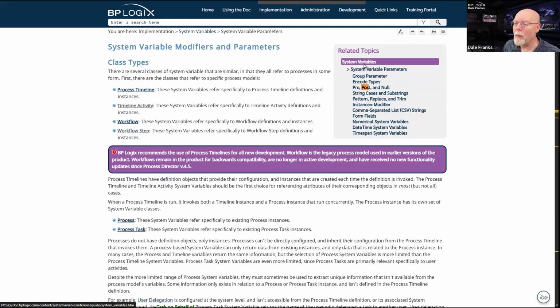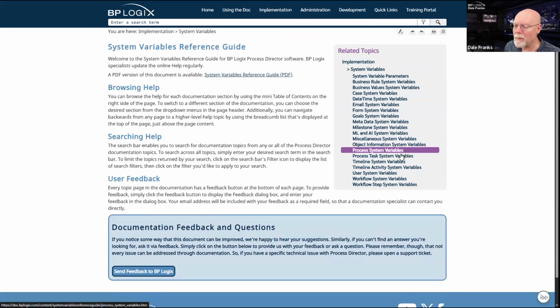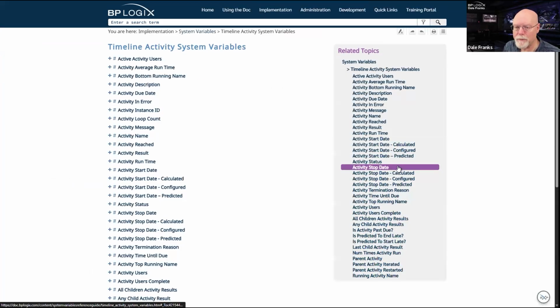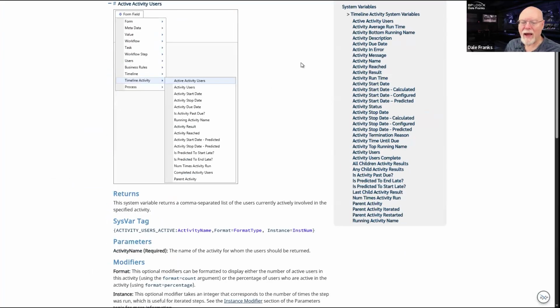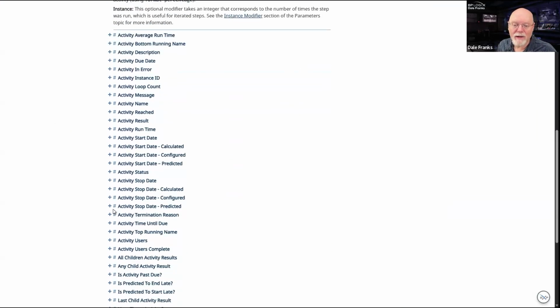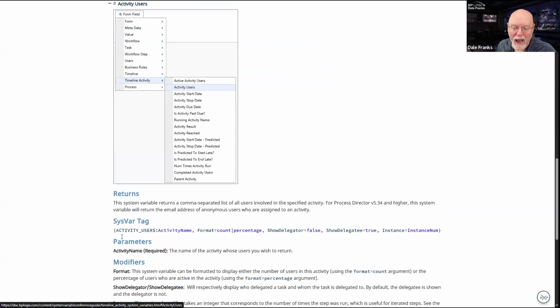So if we go back over here to timeline activity system variables, I've got a system variable called active activity users, and I've got a system variable just called activity users. These are not the same system variables.